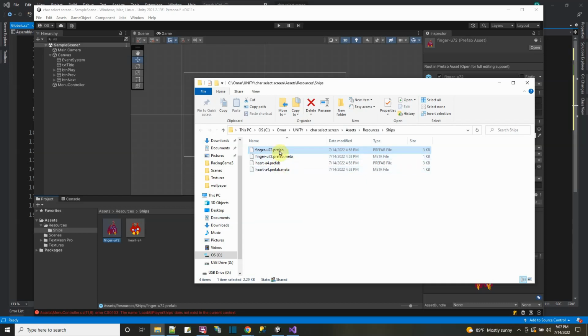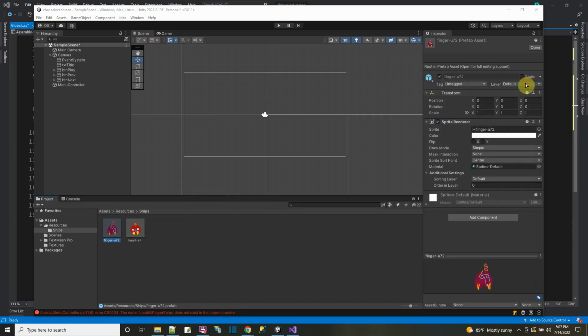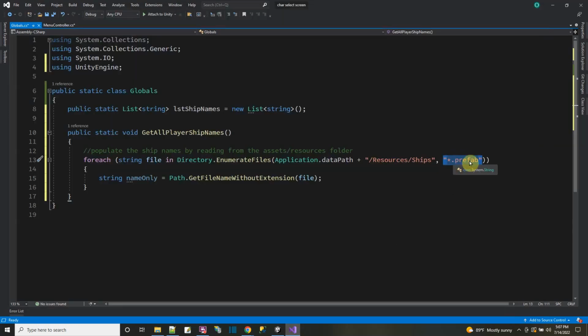Okay? So I have to make sure I just want these that end in .prefab. And that's why in the script I have the filter star.prefab. All right, so now that I have the name only of the file, I want to make sure that I don't have that file in my list of ship names yet. So I'll say if, here it is,